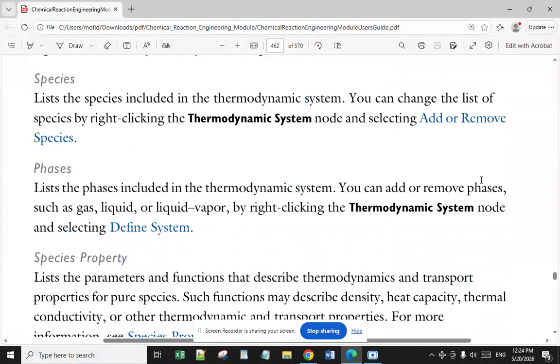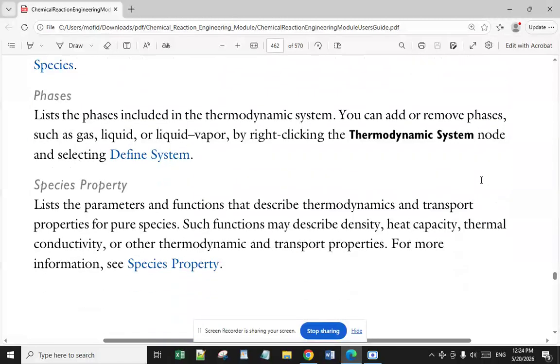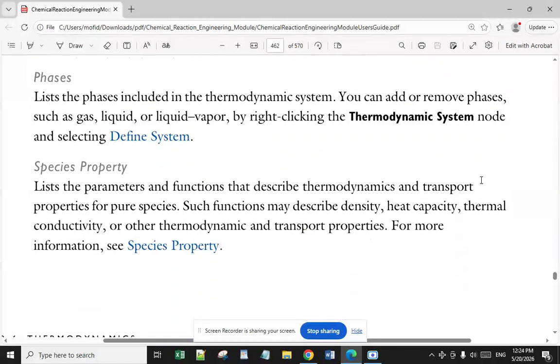Species section. This lists the species included in the thermodynamic system. You can change the list of species by right clicking the thermodynamic system node and selecting add or remove species. Phases. This lists the phases included in the thermodynamic system. You can add or remove phases such as gas, liquid, or liquid vapor by right-clicking the thermodynamic system node and